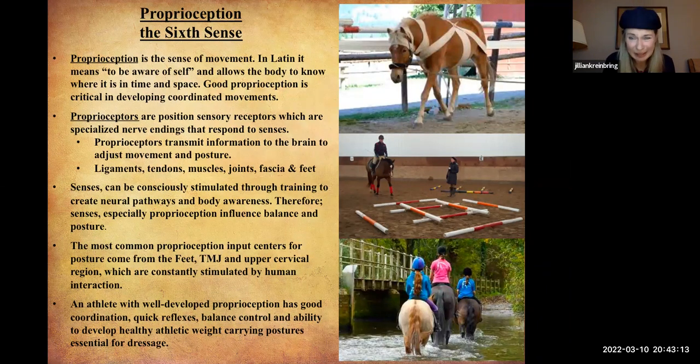I know it can be scary to take your horse out of the arena. If you're not comfortable riding, lead him. But give his body the opportunity to experience the natural world. It will only result in him becoming more athletic. Okay, so the most common proprioception input centers, okay? So what that means is there are certain areas in the body that have a tremendous amount of proprioceptors to take in input, okay? And those major centers are the horse's feet,